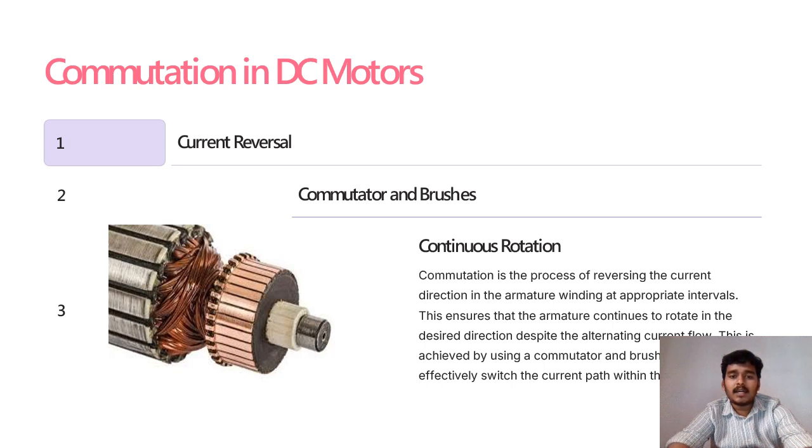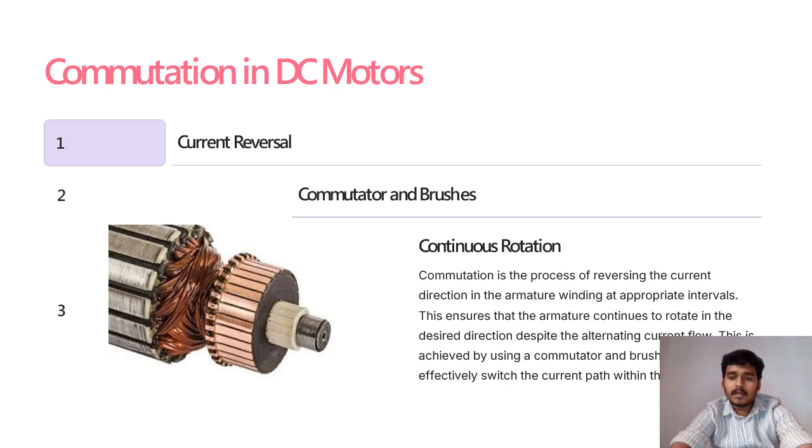AC means alternating current. The commutator collects the alternating current which is developed in the armature, and changes the AC current to DC, alternating current to direct current. The commutator and the brushes collect the current. For continuous rotation, commutation is the process of reversing the current direction in the armature winding